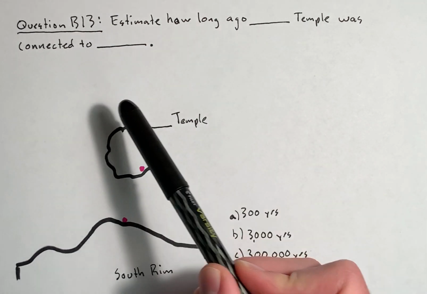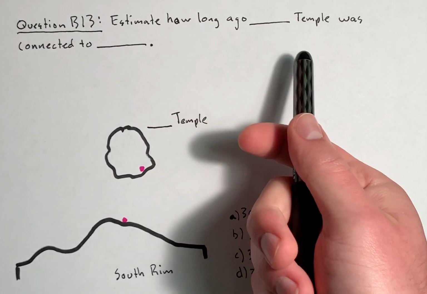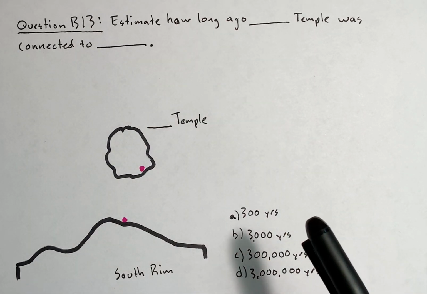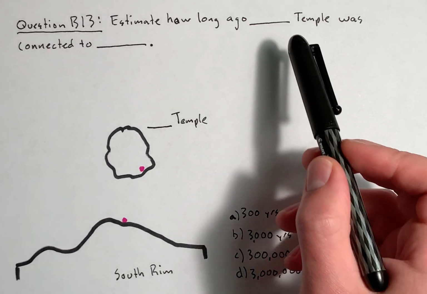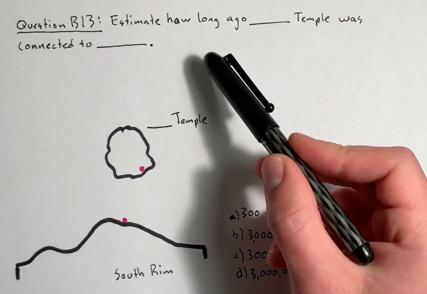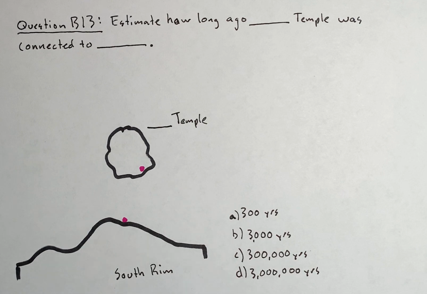These are left blank because the actual locations will be given to you in Canvas when you're taking the quiz. So for example, this might say, estimate how long ago Shiva Temple was connected to the South Rim. But we will give you some coordinates to go check out in the geovisualization. So you'll go to the temple and you'll be dropped off somewhere like right here, and go to the South Rim and you'll be dropped off somewhere right here, and you will be able to see exactly where you are